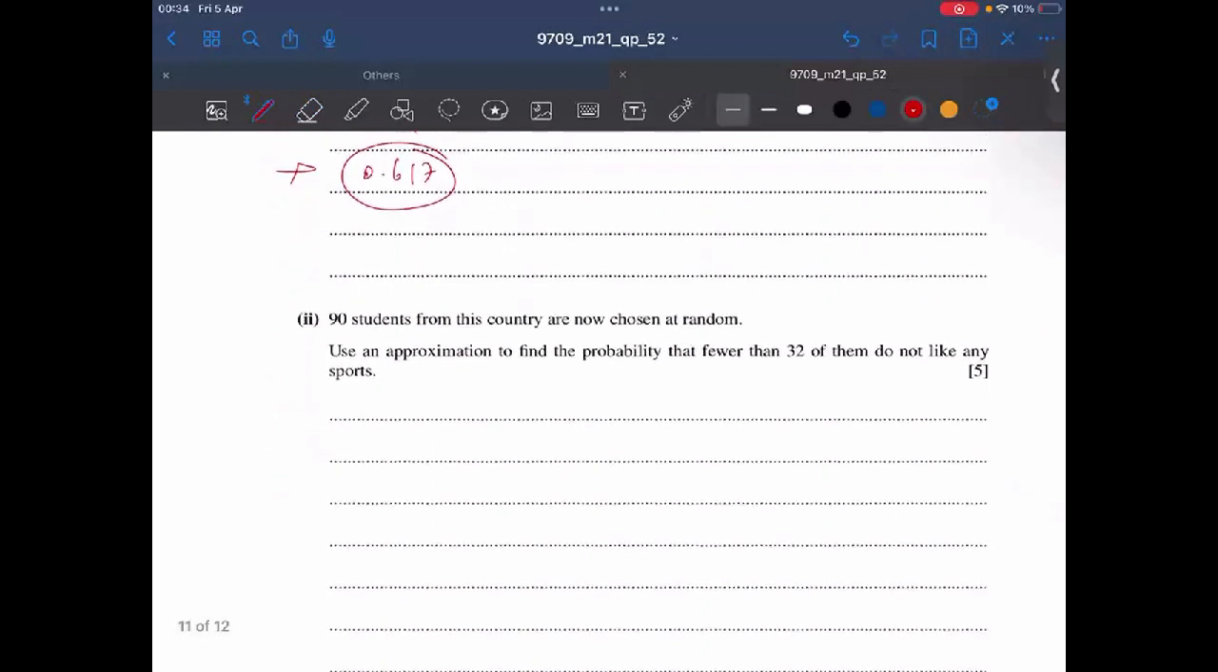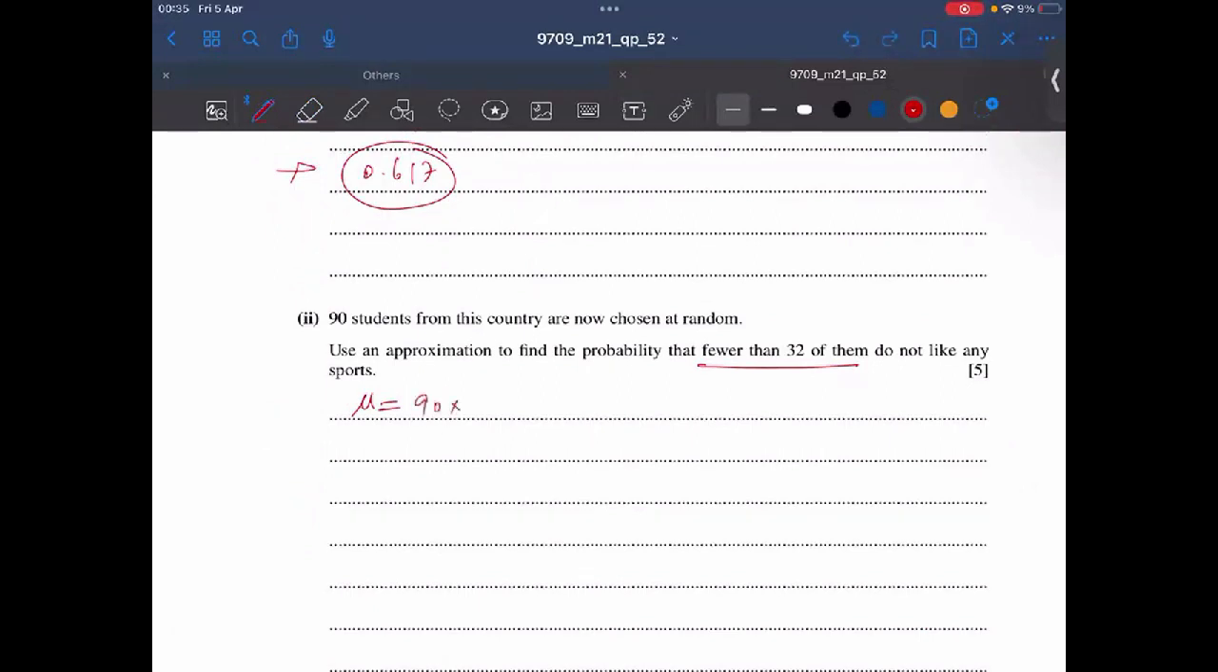All right. 90 students from this country are now chosen at random. Use approximation to find the probability of fewer than 32 of them. So I'm going to be approximating this distribution as a normal distribution. And for a normal distribution, we have to have a mean. But because the distribution is actually a binomial distribution, we are approximating it to be a normal distribution. So we'll be calculating the mean using NP, which is 90 times 0.3. That's going to give me 27 students. On average, there are 27 students who do not like any sports,